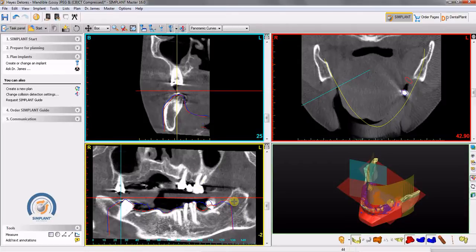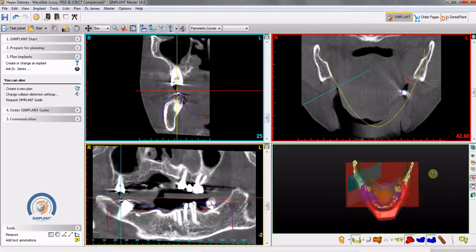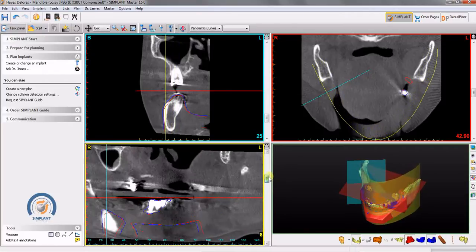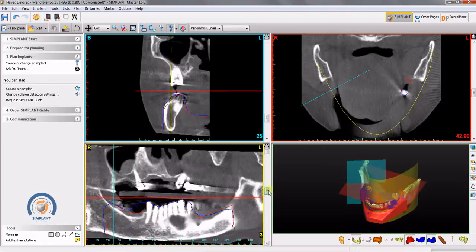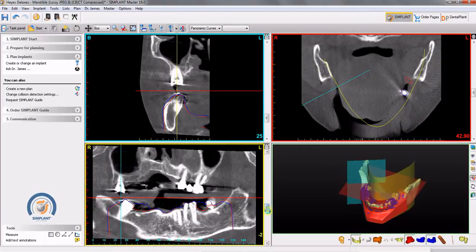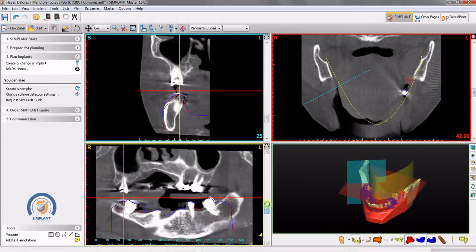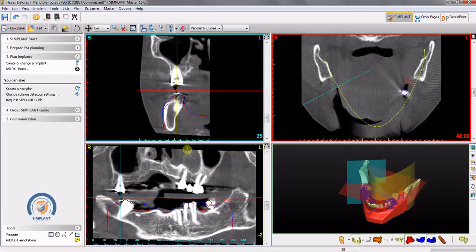Now the panoramic slice is generated when we draw the traditional panoramic curve in the axial slice. So this is what we visualize in the 3D here. By scrolling through the panoramic slice, we're going through the arch from buccal to lingual and from lingual to buccal. And once again, we're able to visualize the yellow line in both 2D screens that shows us the position of